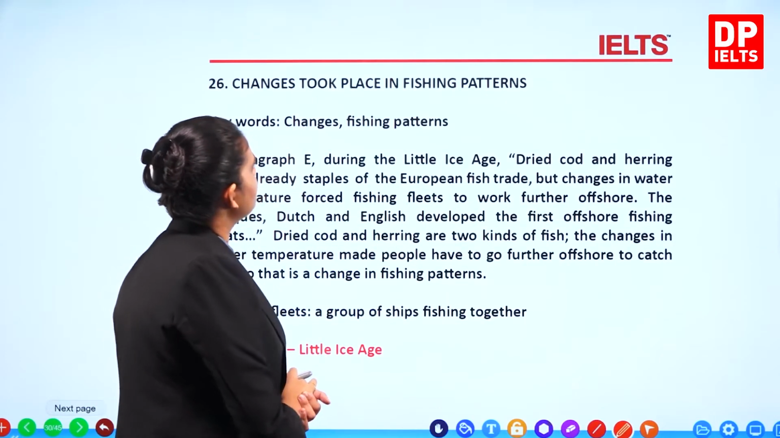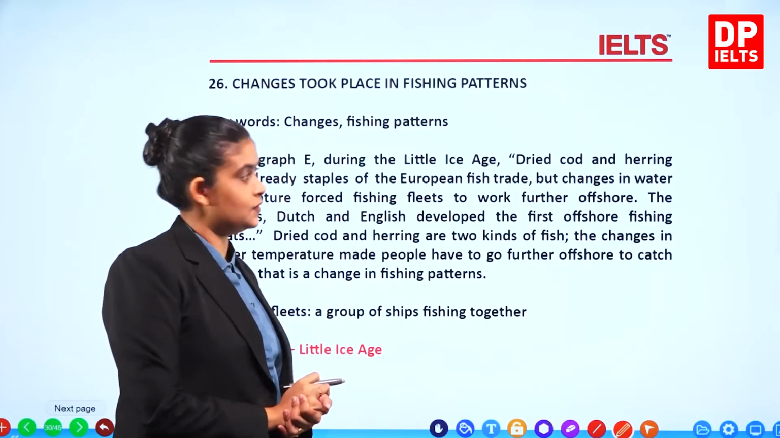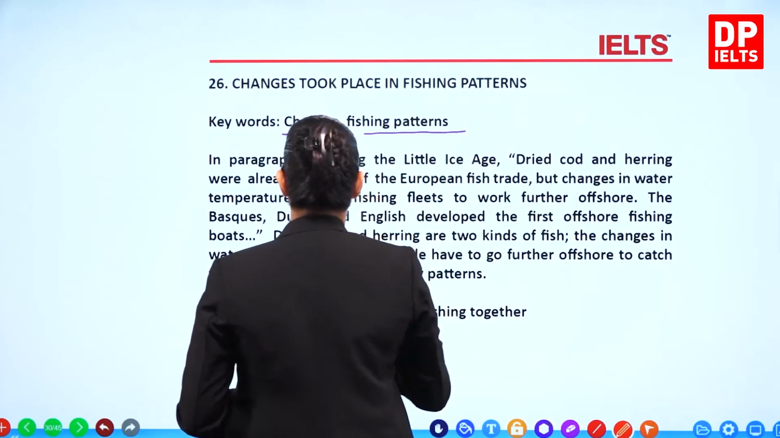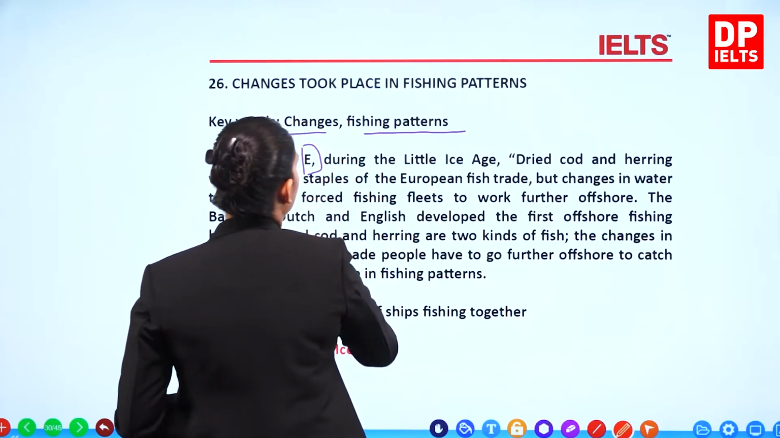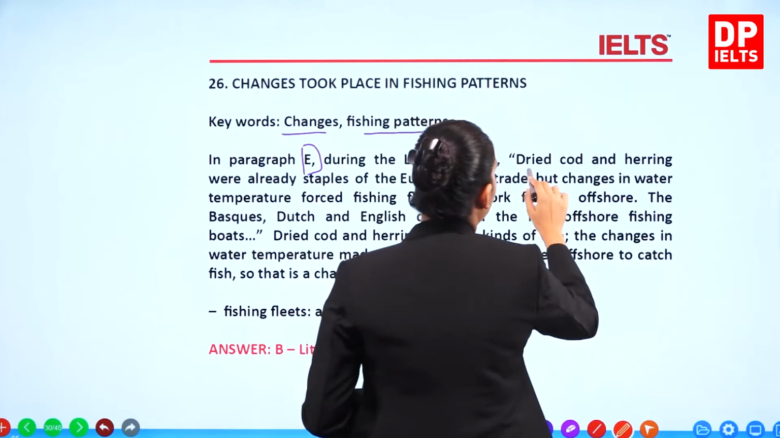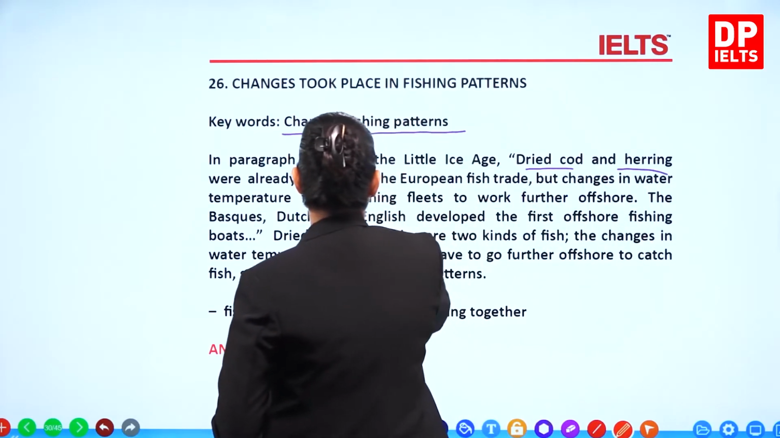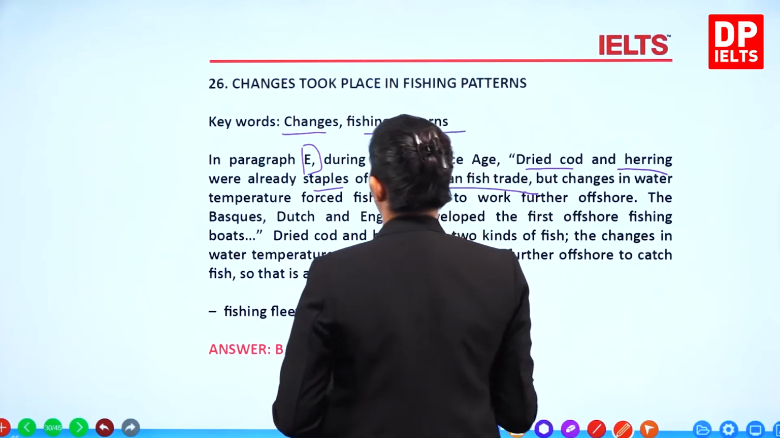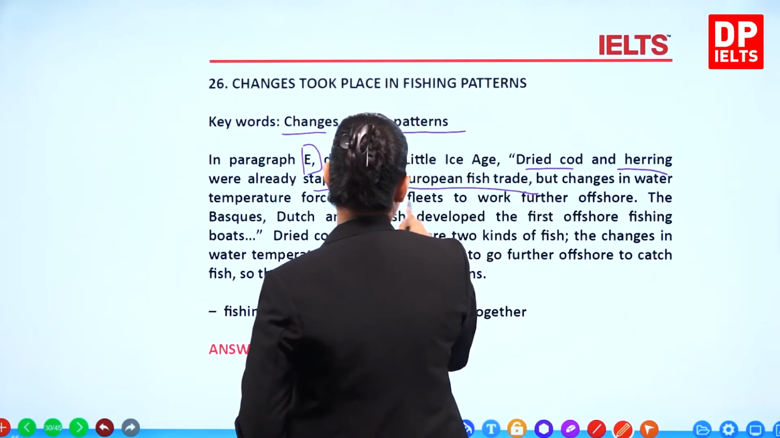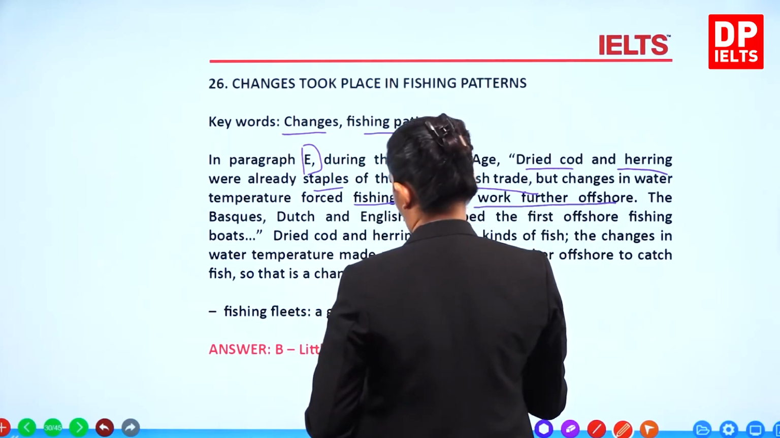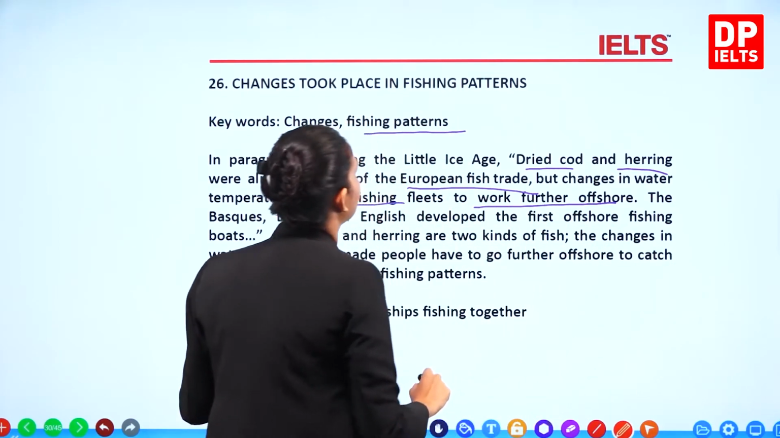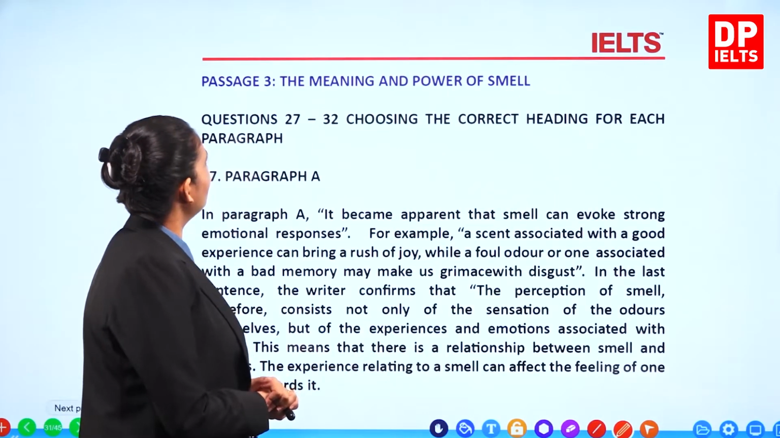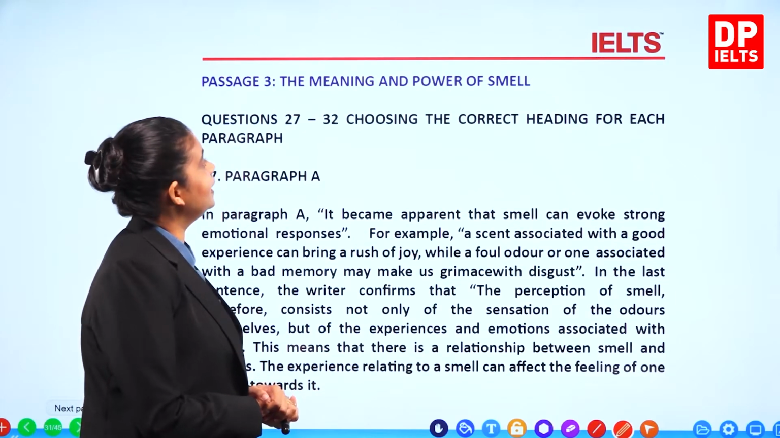26, changes took place in fishing patterns, right? So keywords are changes, fishing patterns. In para E, during the Little Ice Age, dried cod and herring were already staples of the European fish trade. But changes in the water temperature forced fishing fleets to work further offshore, right? So during the Little Ice Age, so I would say the answer is